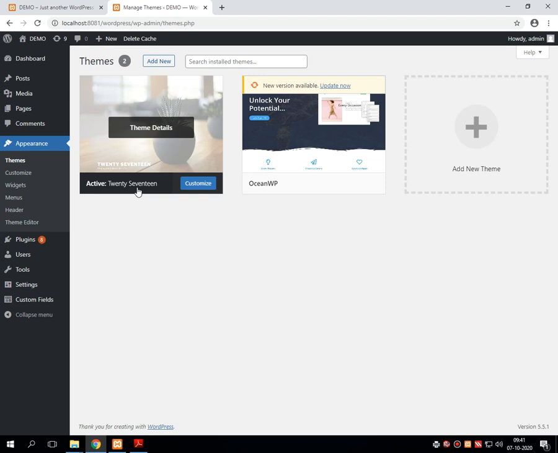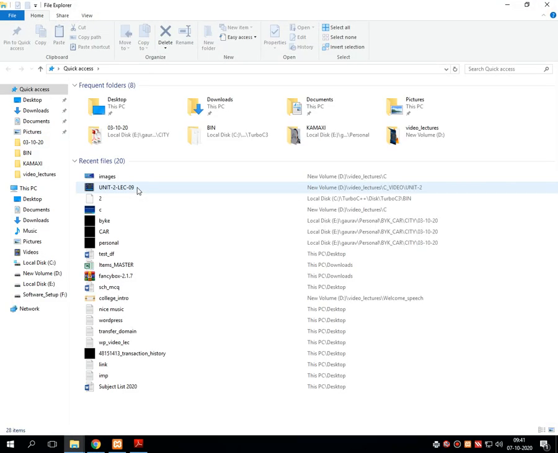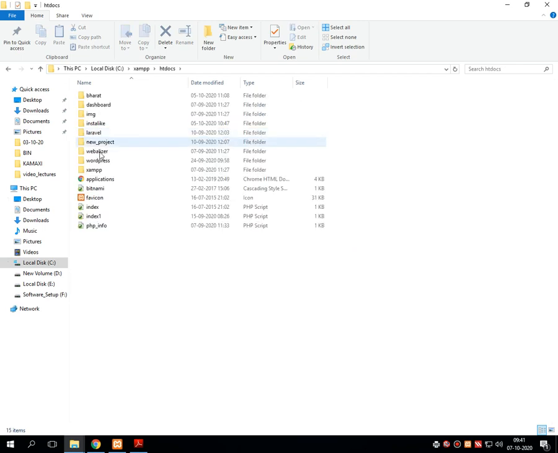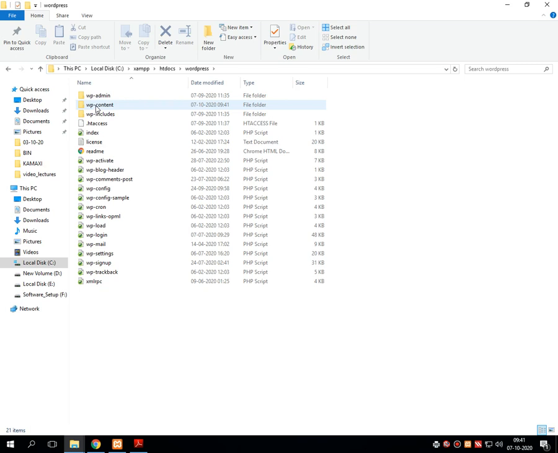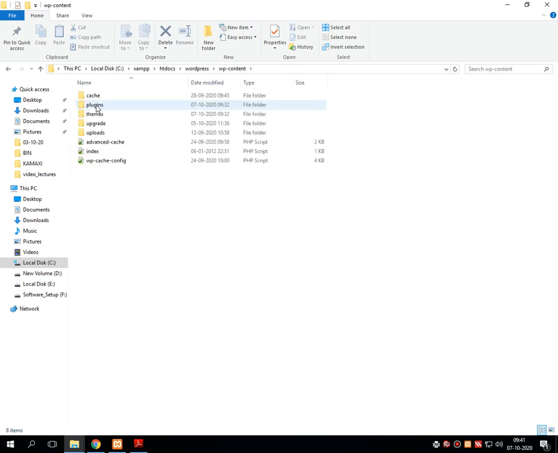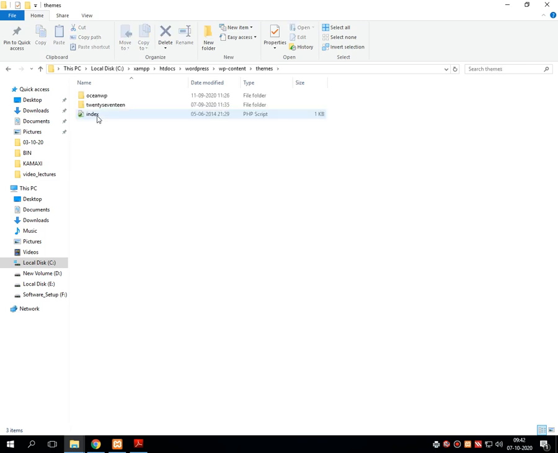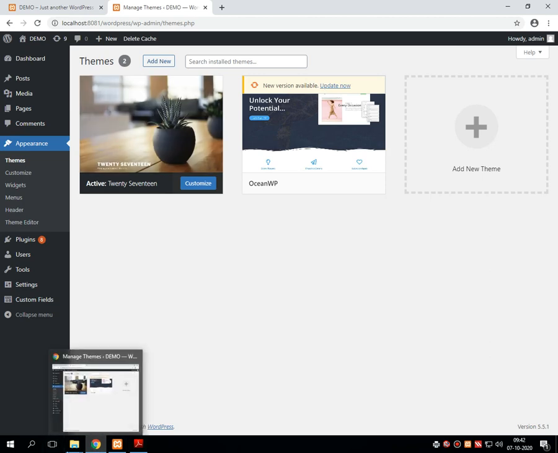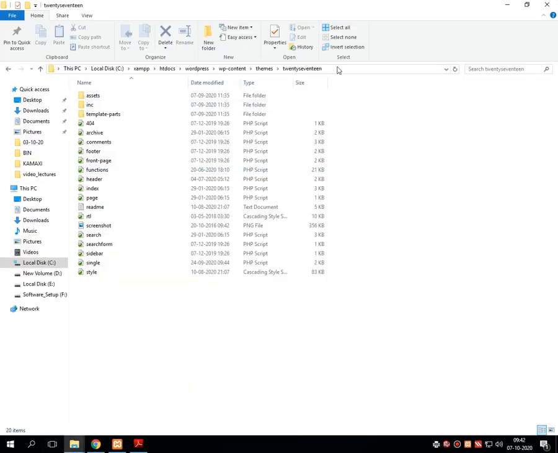So now I will open my computer, go into the C drive, XAMPP, htdocs, then WordPress, then wp-content. Inside wp-content there is a subfolder called themes. In that themes folder you will find the 2017 folder which is activated. Just open that folder and over there you will get many folders as well as files.